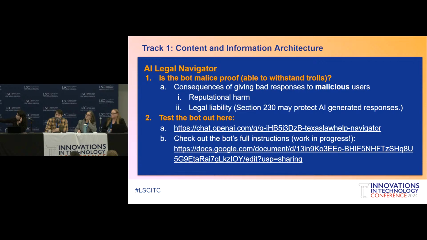Yeah, it works pretty well with the instructions we gave it. We told it to only pull from texaslawhelp.org and also a referral guide. That's just the Texas State Bar put together a big, huge PDF with the list of all the legal aid organizations. And I told the bot to only get information from those two things, as well as any partners that we link to directly on Texas Law Help. I don't know how well that last one works because I don't know how deep it goes into Texas Law Help, but it's almost all attributable to Texas Law Help.